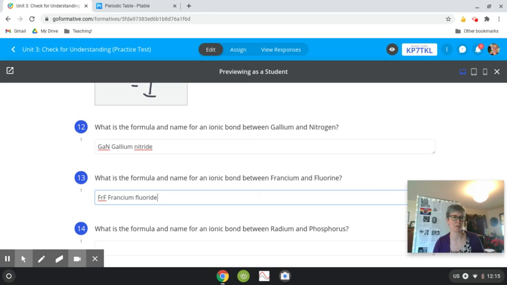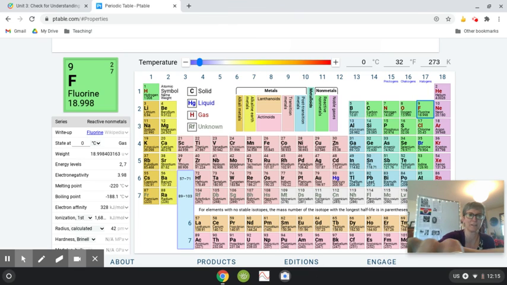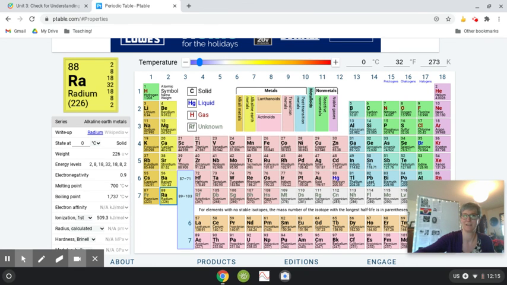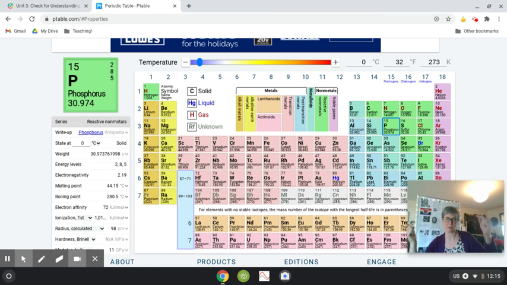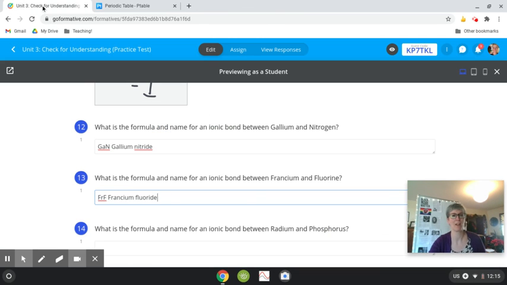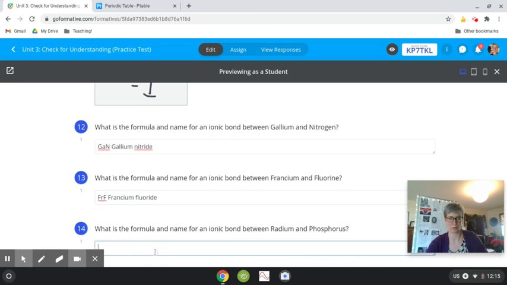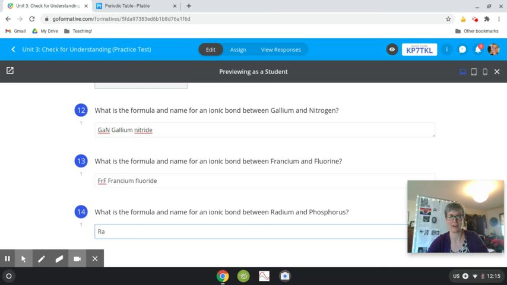And then your challenge question is, what is the formula and name for ionic bond between radium and phosphorus? So this one's a little bit trickier. So we got radium and we got phosphorus. Radium would be a +2. Phosphorus would be a -3. Remember that little crisscross method, or if you watched some of the naming videos that were on assignment 3.5, we have that little strategy. And so the formula for radium and phosphorus for question 14 would be Ra3P2. So that would be the formula for radium